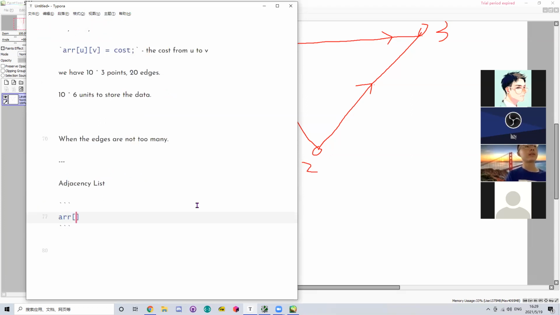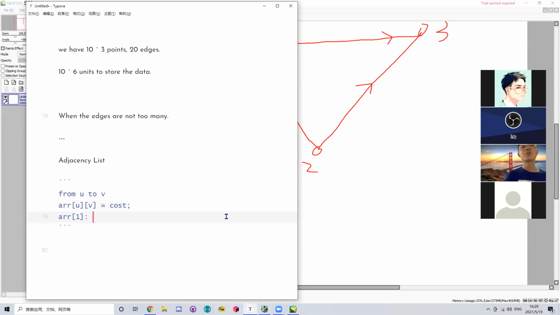If we have an array at 0, it stores, let's say 1. It stores every point connected, starting from U to V. So AR[U] has a V equals cost,